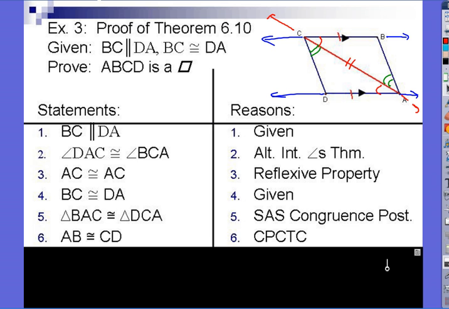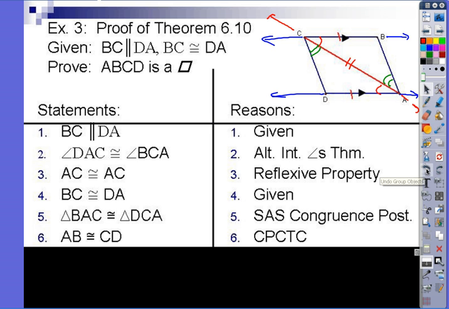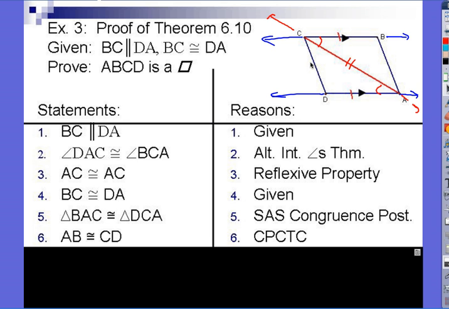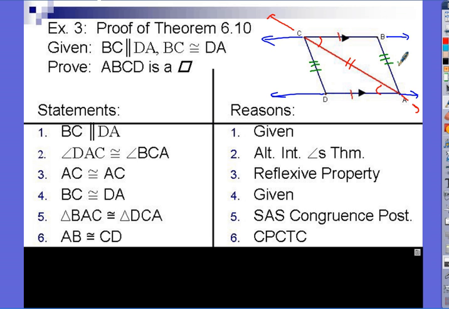Oh, actually, there's an easier way. Huh, didn't think about that. Rather than mess with the angles, why not just use the other sides, how about? Right? That'd be easier, wouldn't it? We know then that this side is congruent to that side, right? Make sense? And now I know that I have a quadrilateral with two pairs of opposite congruent sides,